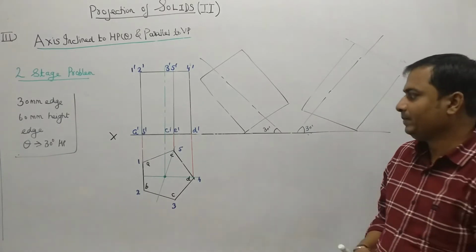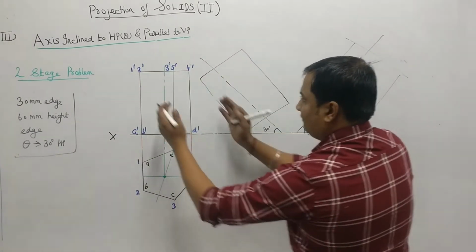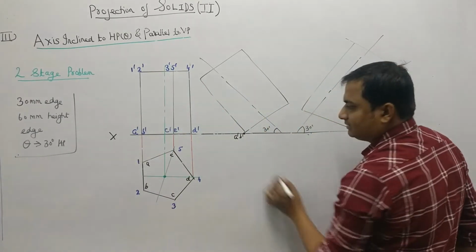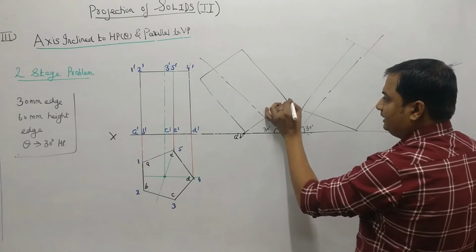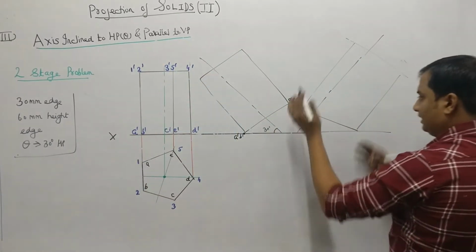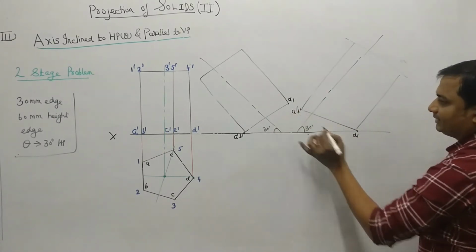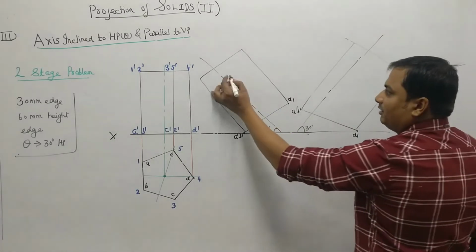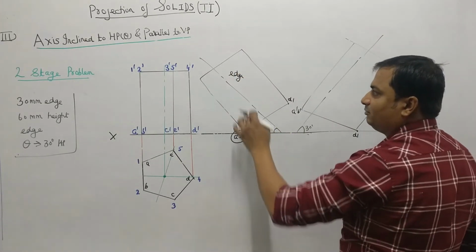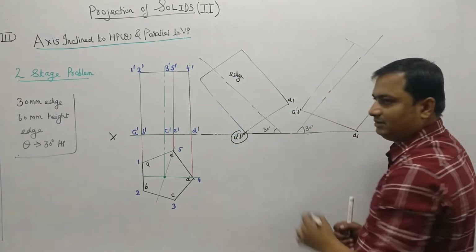Please try to understand. If you make this rectangle inclined in anti-clockwise manner, if this is tilted like this, this should be A dash, B dash, and this should be D dash. But if you make it inclined clockwise like this, this should be D dash, and this should be A dash, B dash. Right? So this is the problem of edge. If you make it inclined with the edge, your rectangle should be inclined in anti-clockwise manner.